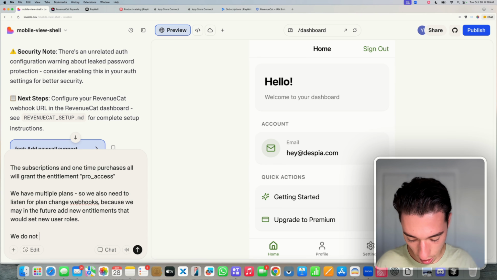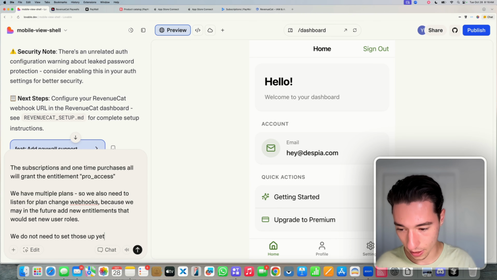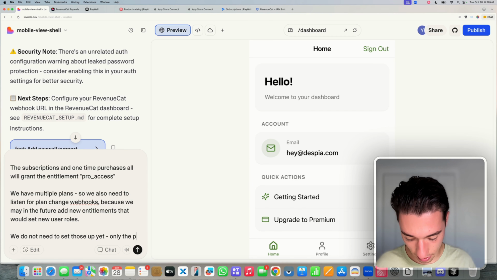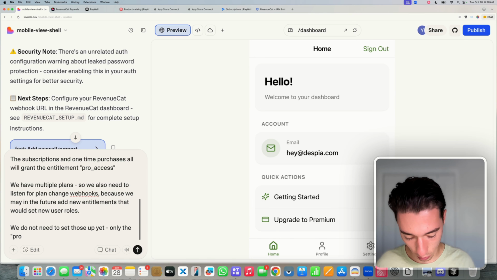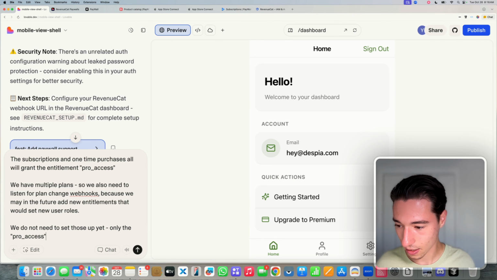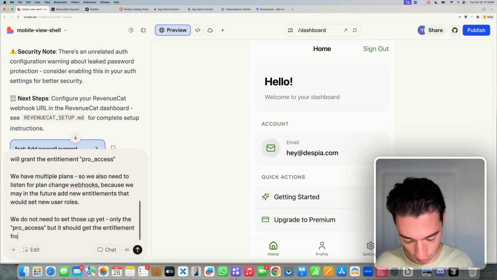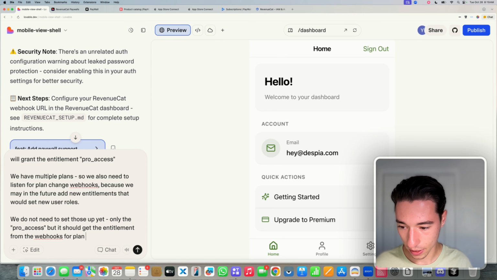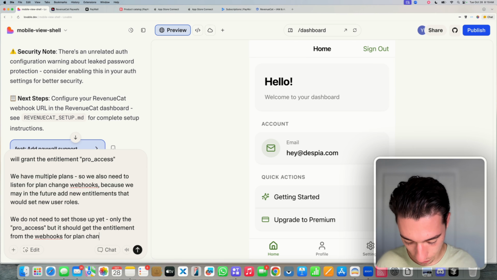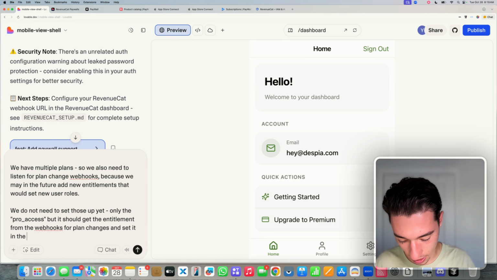We do not need to set those up yet. Only the pro access, but it should get the entitlement from the webhooks for plan changes, and set it in the user record in our